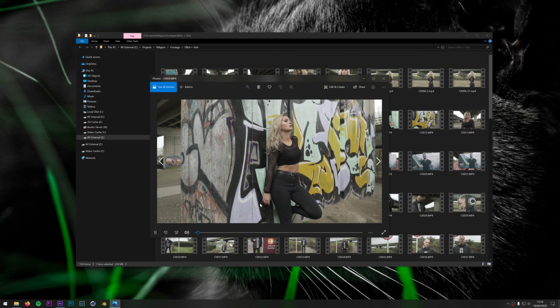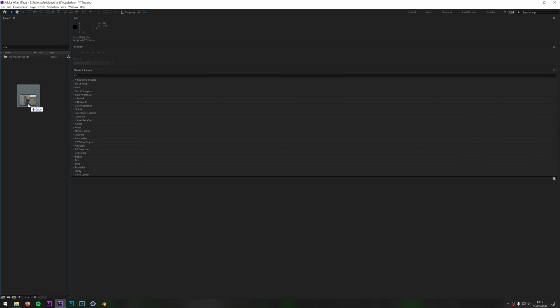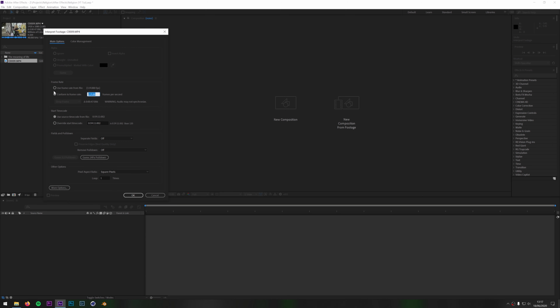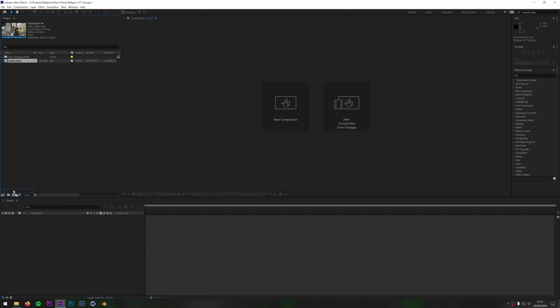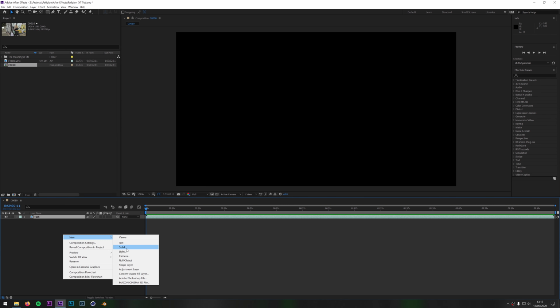Take some footage from your most recent shoot and check the frame rate you shot it in. Then drag it into After Effects, right click, Interpret Footage, Main, 23.976 and hit OK. Drag it into a new composition, right click, rename, give it a name you're going to remember, then hide it. Now create a new solid and call it Element.